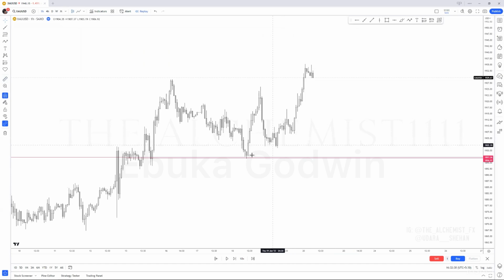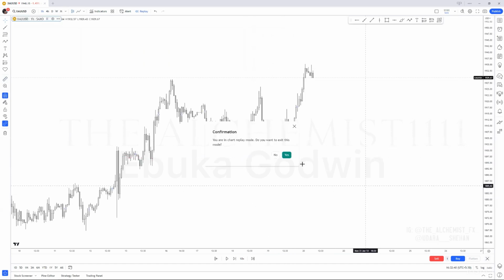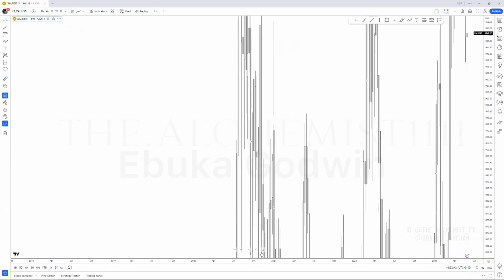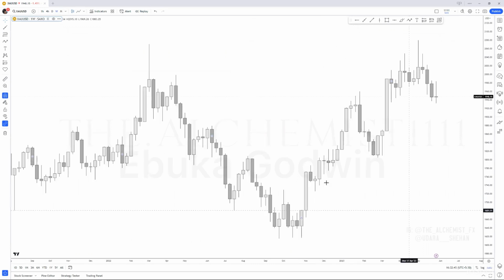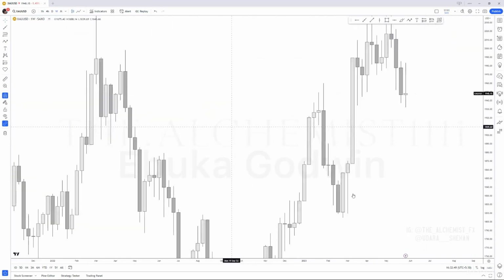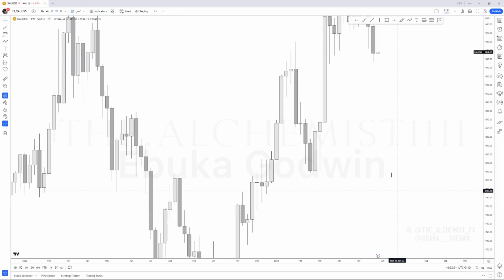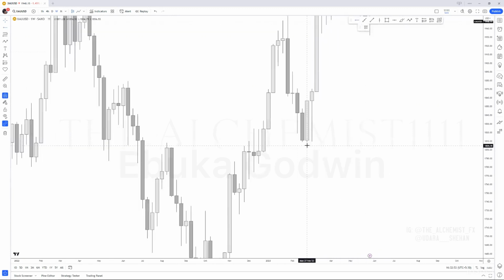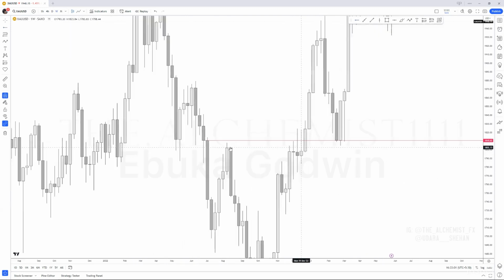Okay, so once you understand this, it gets better and better. Look at this. I'll show you some more. On the weekly, look at this. Let me see. Even this one, where did this tap in very accurately? Where did this step into? Open, close. Can you see it? Right here, open, close.